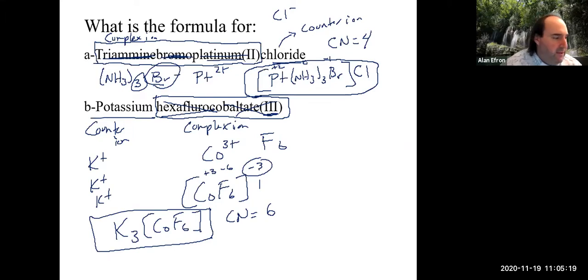Questions on naming in general, writing formulas? You obviously need to be able to do both. You need to be able to figure out things like oxidation states of the metals and the complex ions, and also things like coordination numbers and those types of things. Any questions on any of that naming stuff? Okay, I